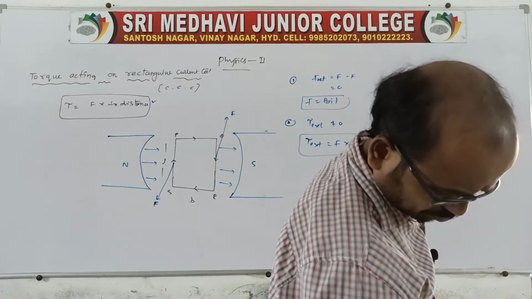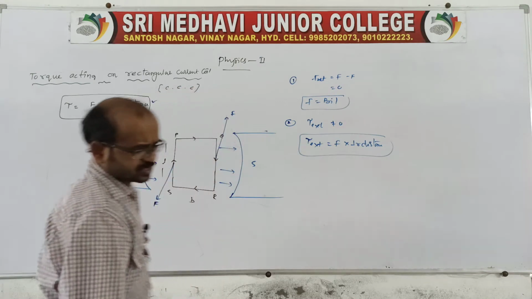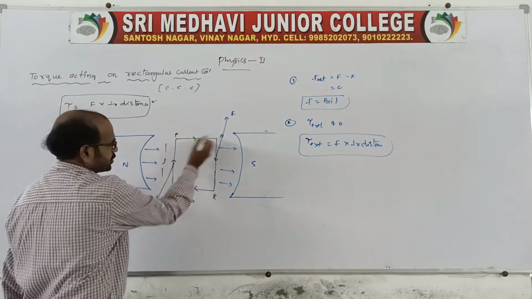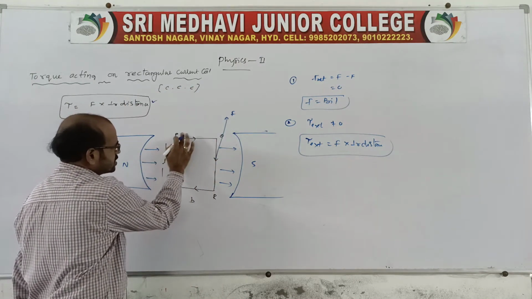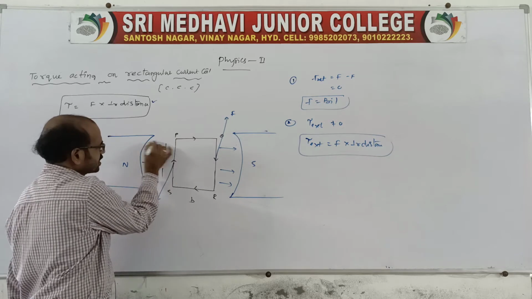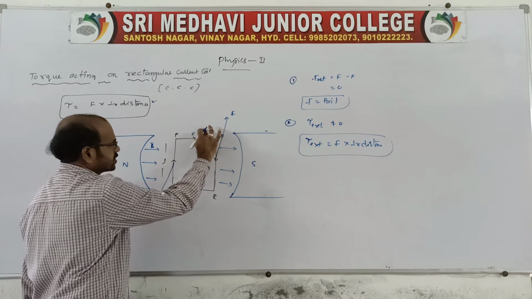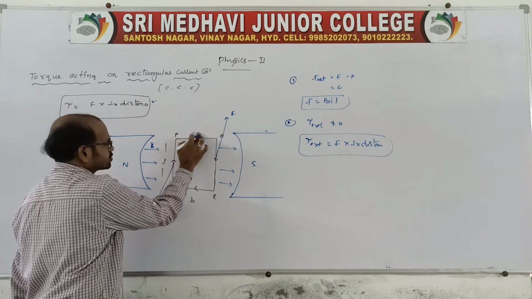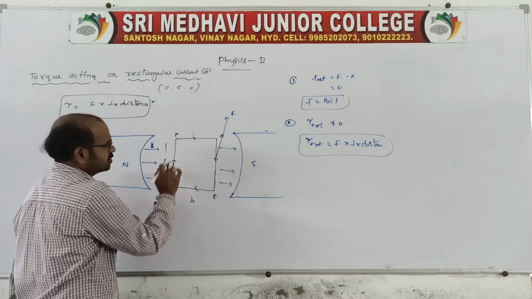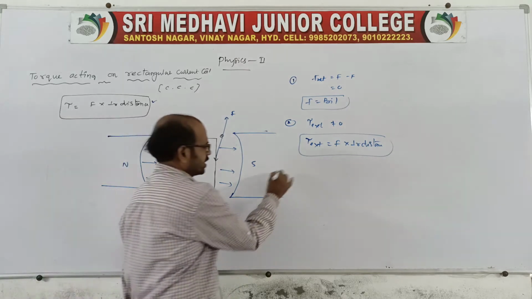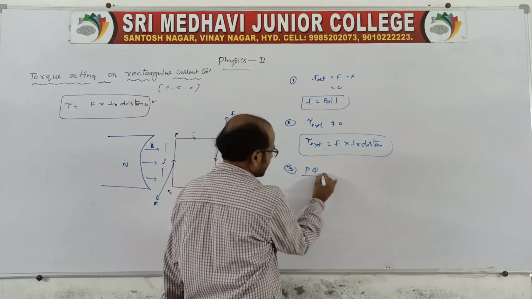Yes, of course, here I'll tell you. Look at the first one. There is PQ, which is parallel to the magnetic field, right? This is the length carrying a current. B and this PQ are parallel. When it is parallel, see the force acting on the current carrying coil. Take the PQ length.